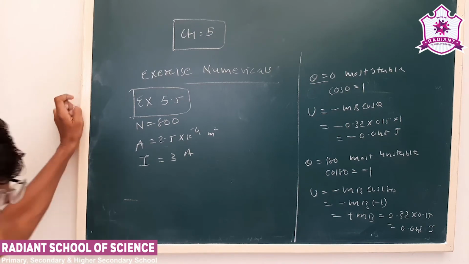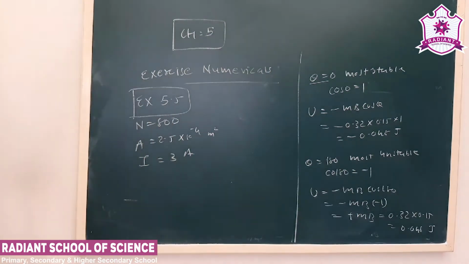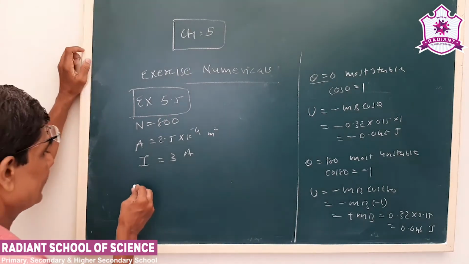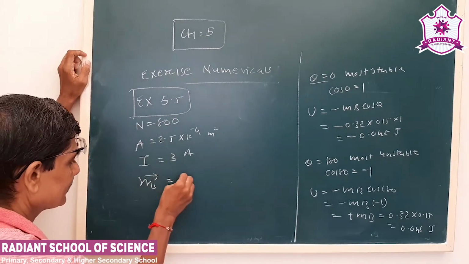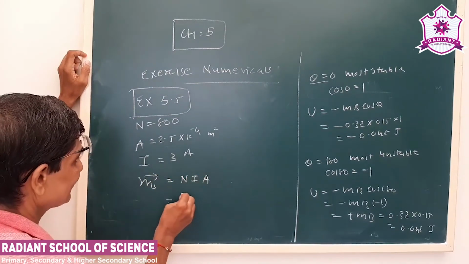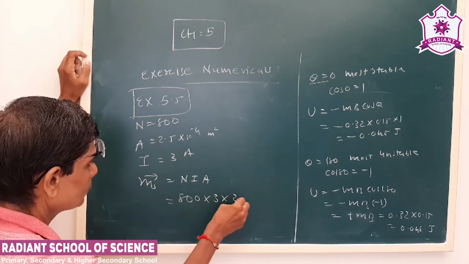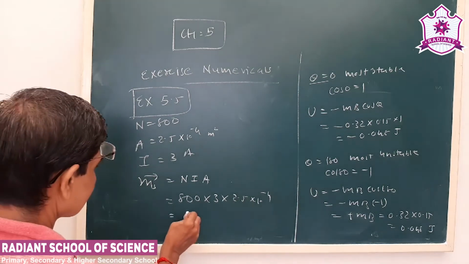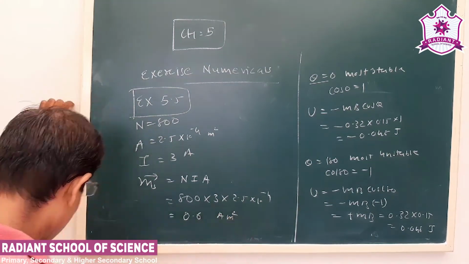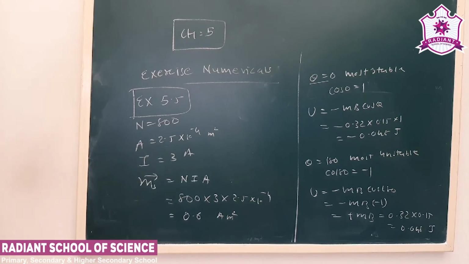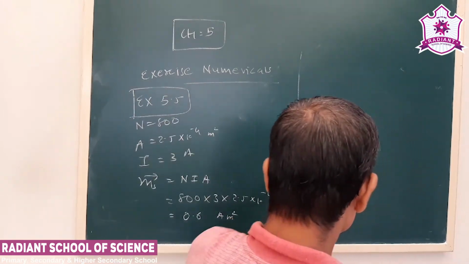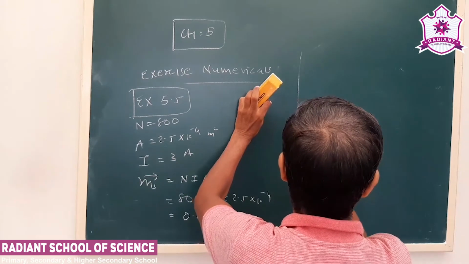Now see, the theory part we have seen. This we derived in the fourth lesson, that the magnetic dipole moment of a solenoid is m equals NIA. N is 800, A is 2.5 into 10 to minus 4. Now if we calculate, we get 0.6 ampere meter square. Now in which sense does it act as a magnet? So you have to see what will be the direction of the current. See, the solenoid current is passed like this.